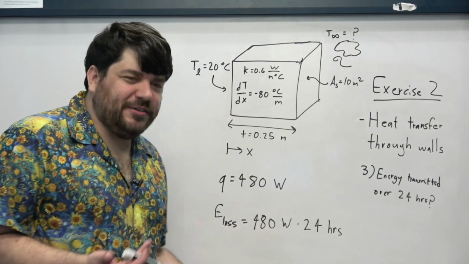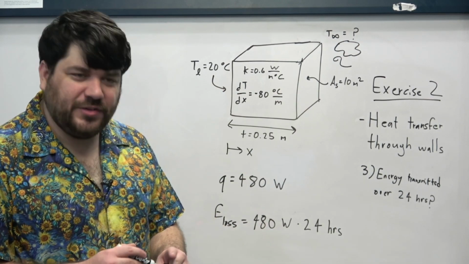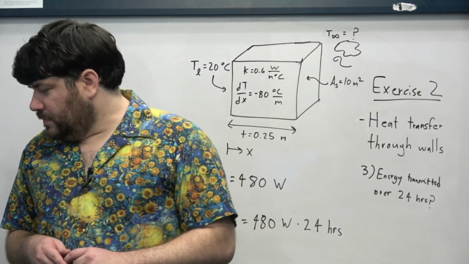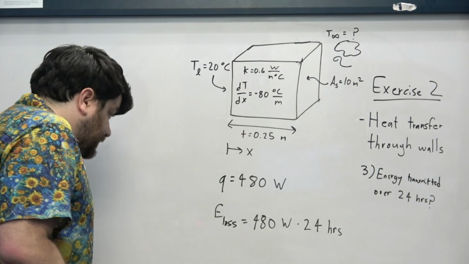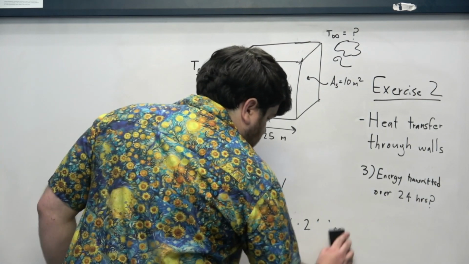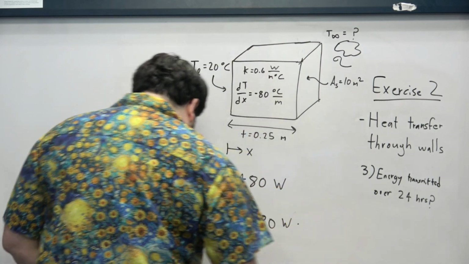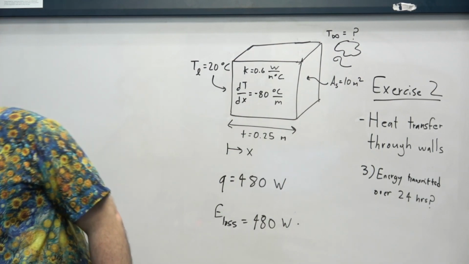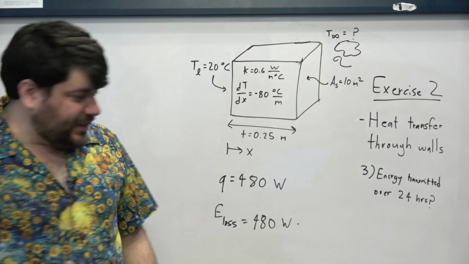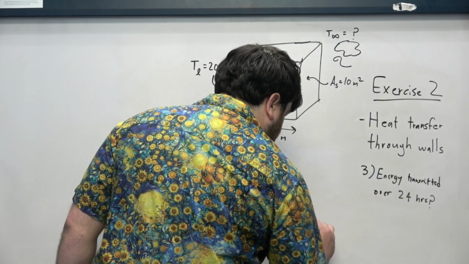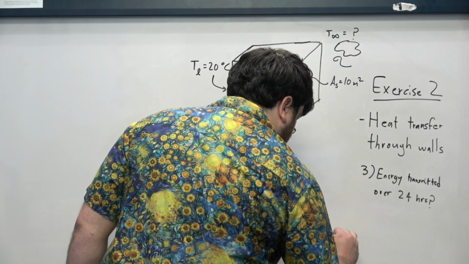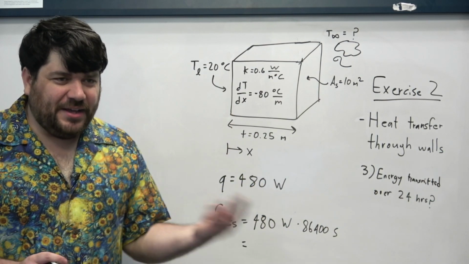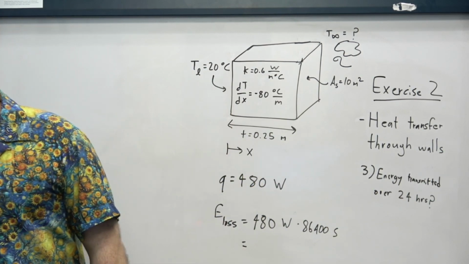But remember that a watt is a joule per second. So it actually makes more sense to convert these 24 hours into seconds and then use that. And so if we do that, this number becomes considerably larger, right? So we're going to convert the 24 hours into seconds. 24 hours is approximately 86,400 seconds. And so the energy loss that we find over a period of 24 hours is